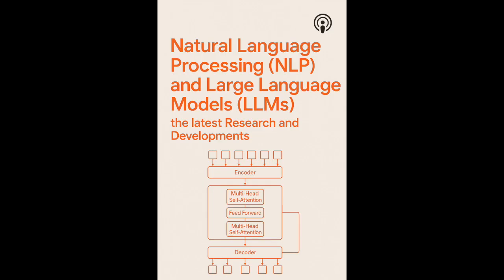Let's say we have the sentence, the tired cat slept, and we're calculating the new representation for the word cat. Okay, so for the word cat, the model first generates 3 vectors derived from its current embedding: a query Q vector, a key K vector, and a value V vector. What do they represent? The query is like the question cat is asking: what information in this sentence is relevant to understanding me right now?